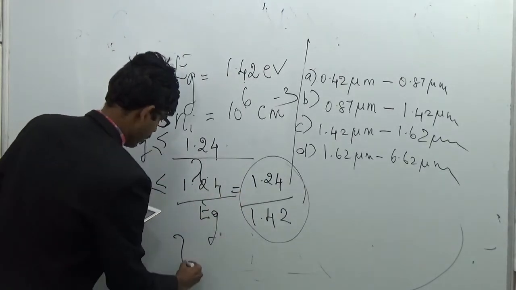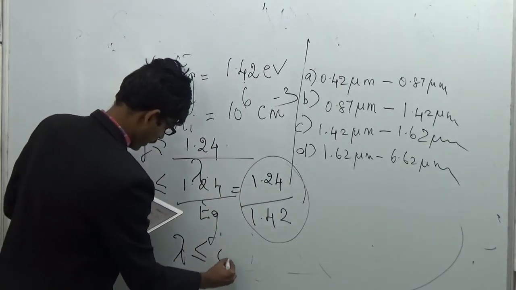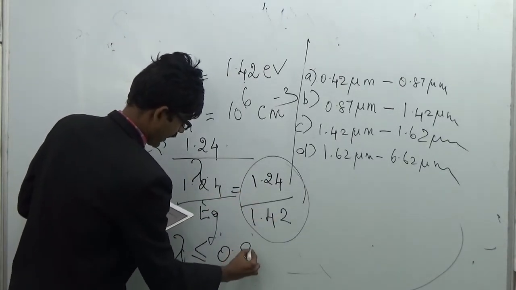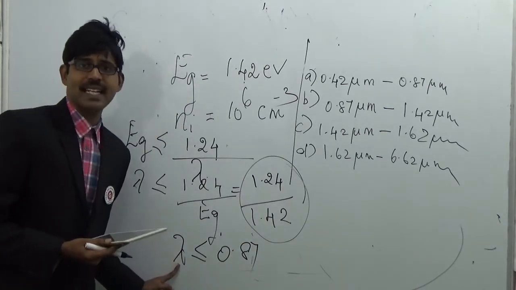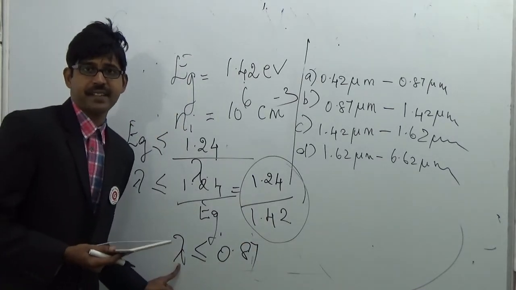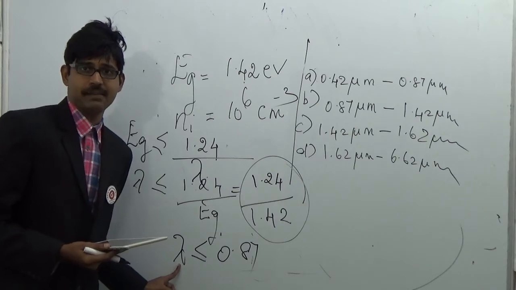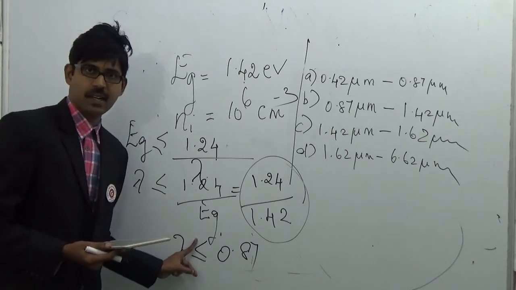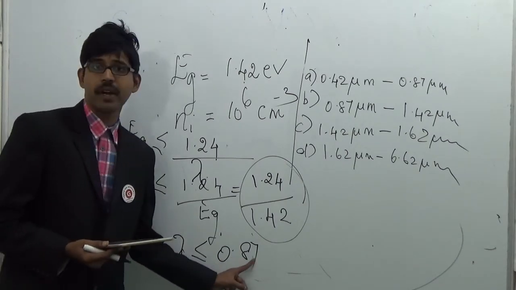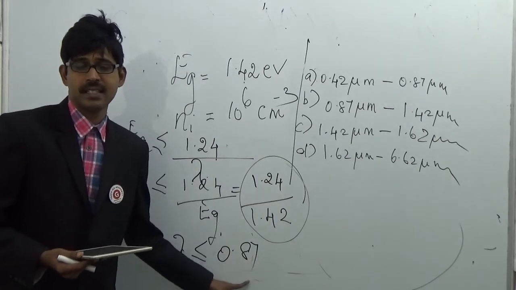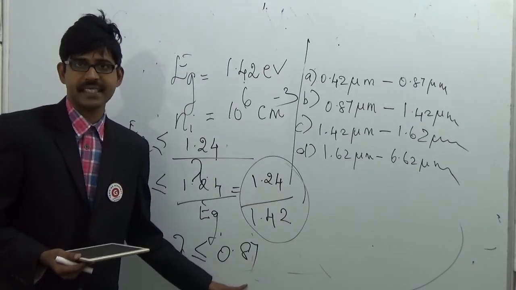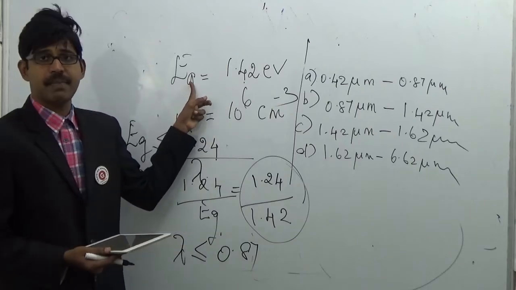So your lambda must be lesser or equal to, the value is 0.87. So your wavelength of light, which is incident on the atom, must be lesser or equal to 0.87. It should not become greater than this wavelength. If it becomes greater than this wavelength, this energy band gap